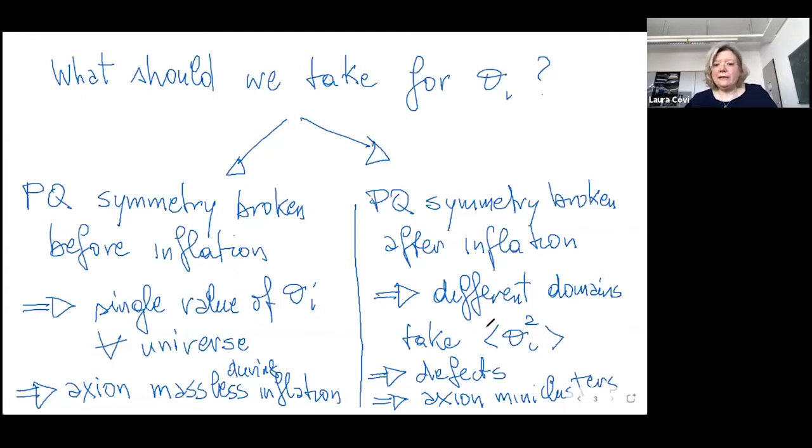Okay, so let me spend just a second to discuss the first scenario and the second scenario just for completeness. Of course, this, as I said, is a bit connected to inflation. So I hope I will not go too much into what Chris will discuss next week. But of course, maybe there is also a connection, and it's also nice to see. So in scenario 1, where the Peccei-Quinn symmetry is broken before inflation,